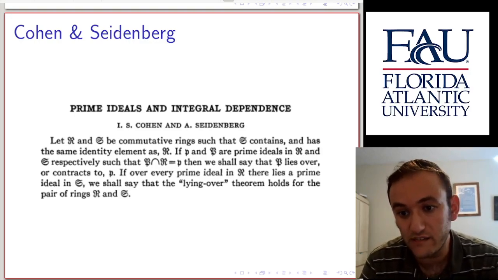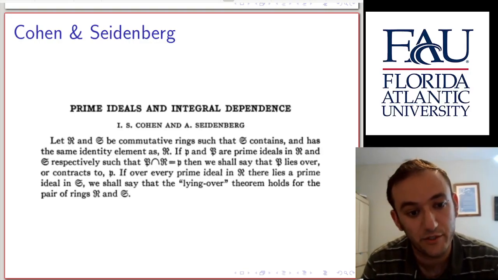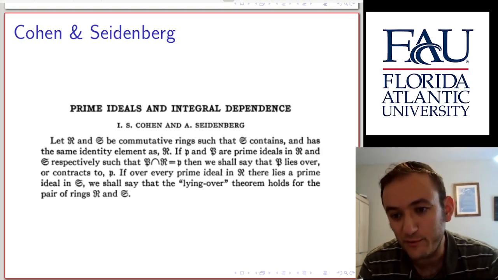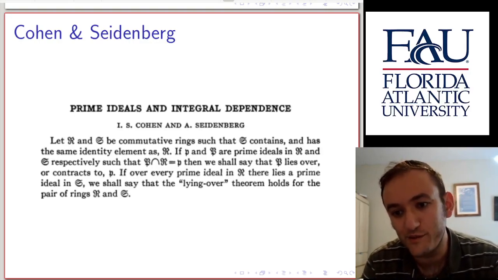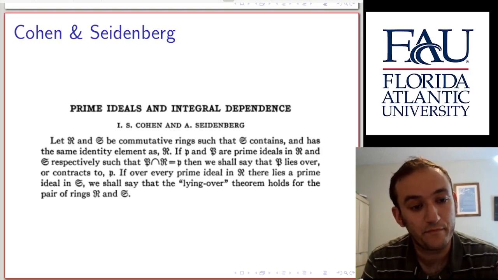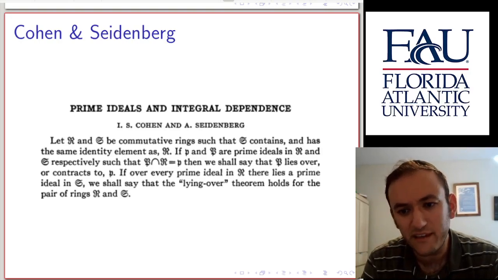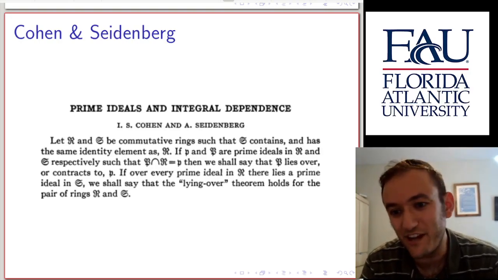They were two students of Oskar Zariski, who was famous for the Zariski topology and many important theorems of algebraic geometry. They were not the first people to prove these results, but they did generalize them, as well as giving proofs that remained more popular. So the first person to prove these results was Wolfgang Krull, famous for the Krull dimension. I think it's Stigler's law of eponymy that whoever something is named after is never really the first person to do it. So this is a shining example of that law.